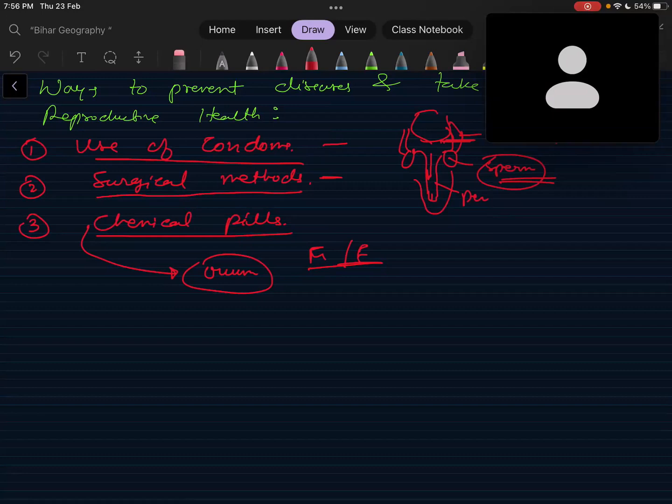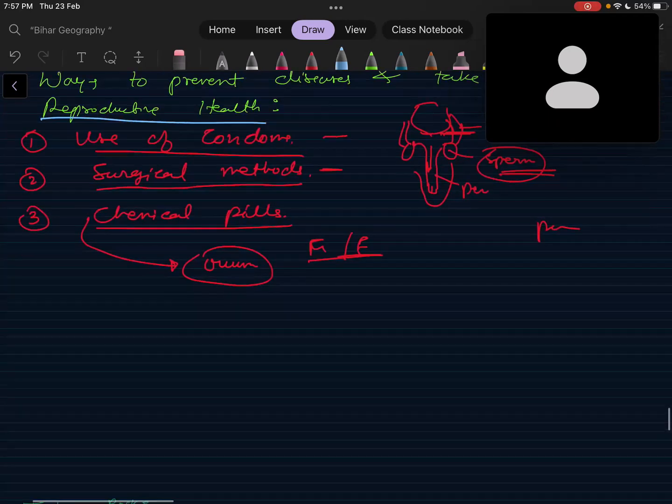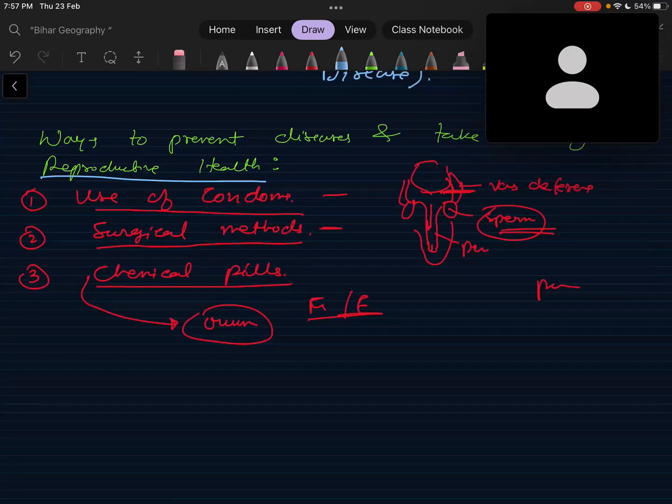Got it? It's like a polythene-like structure. Now we will be talking about reproductive health. So look, by these three methods we have avoided